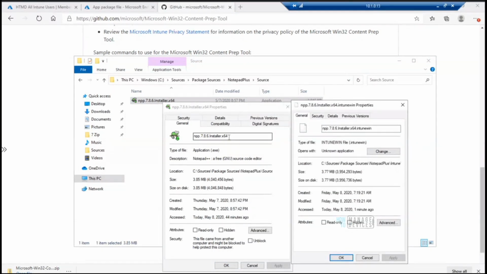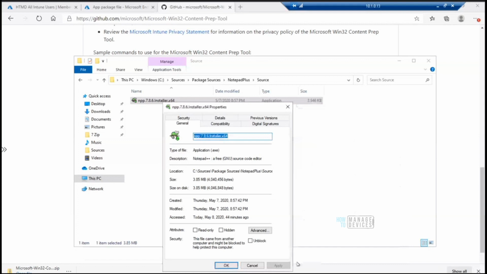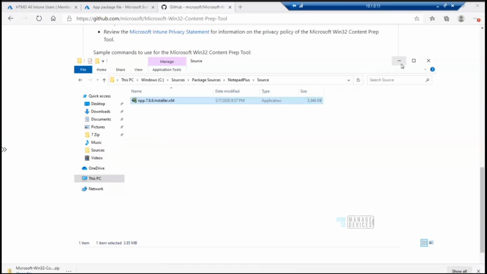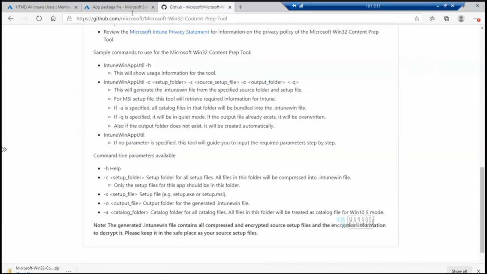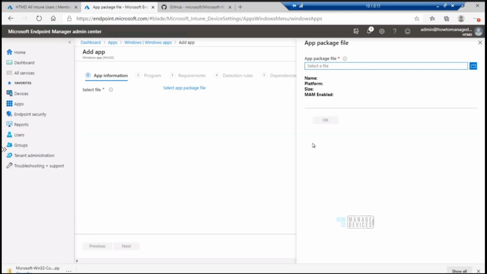So the exe is this, and the size is 3.85 MB, and the size of the Intune Win file is 3.77. If everything goes well, now we can go back to Intune and try to upload this file.